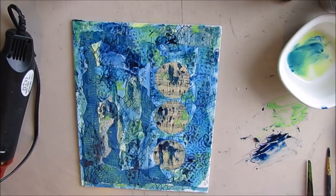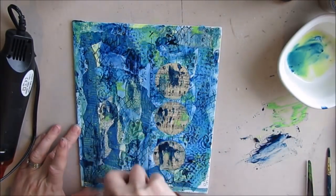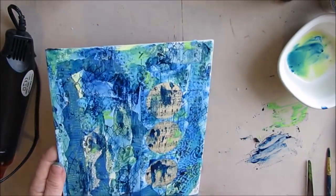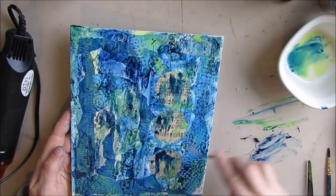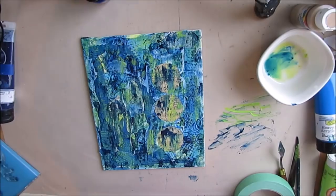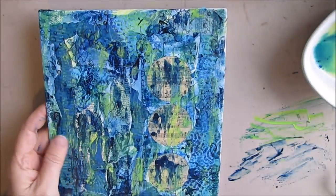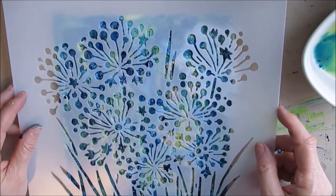I'm just absolutely loving the look of this background. These two colors together just sing. The thing that I don't like here are those three circles. I'm perplexed. I'm thinking, what am I going to do with them? What am I going to do with them? So I grab this